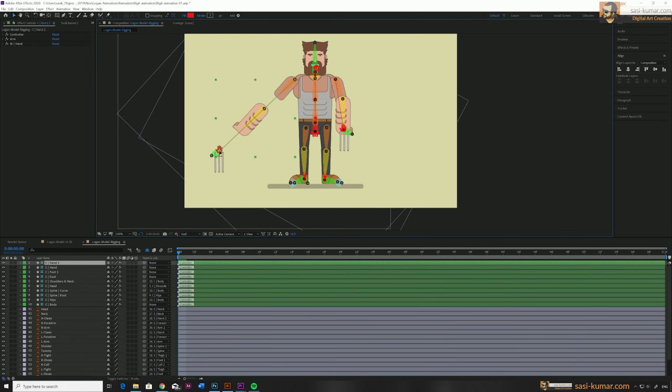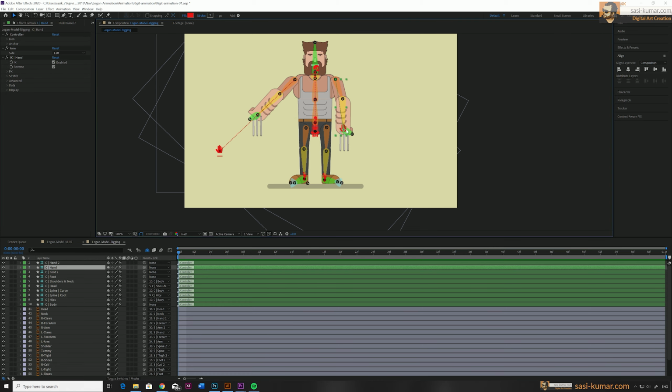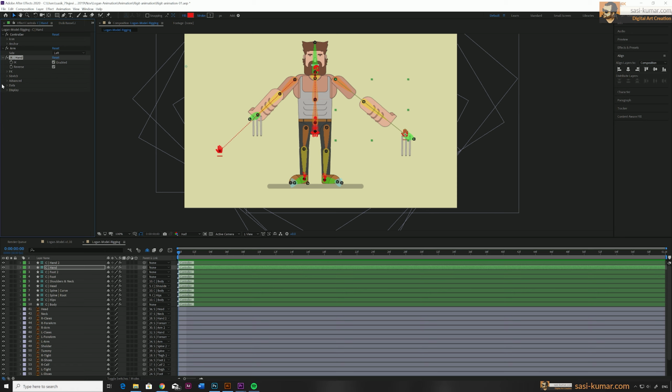To make this error correction, you can just go to the effects and in the stretch, just deselect the auto stretch, so you will see it will stick to the correct position like this in here. Alright, for the other side also we can do the same. You can just bring this one here. You will see it's working like a hand now. Just deselect the auto stretch.